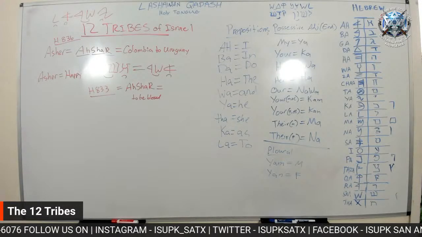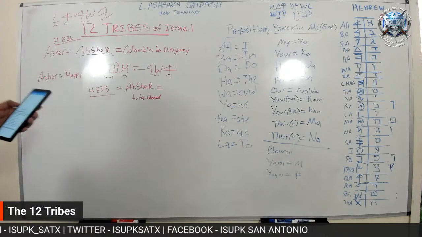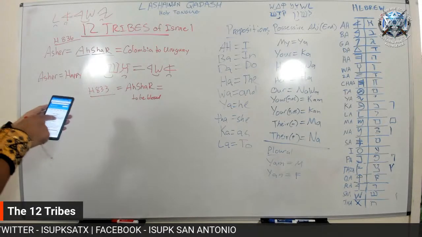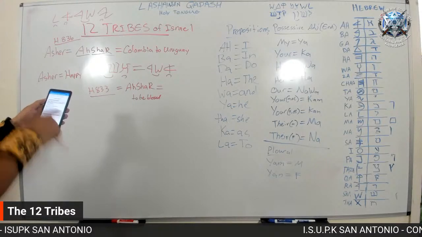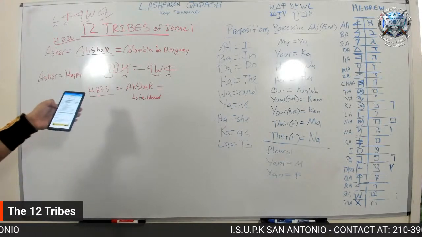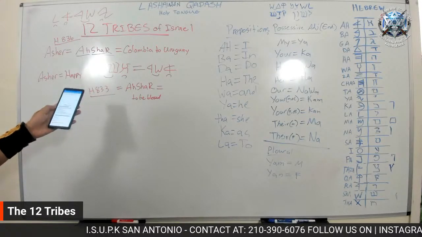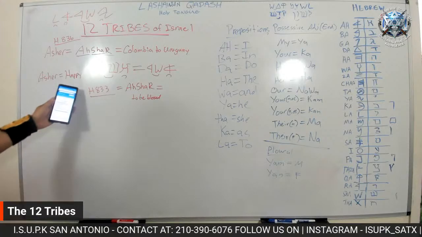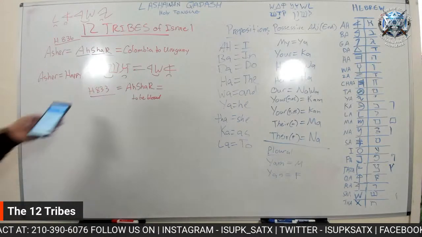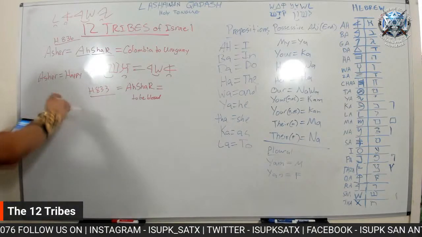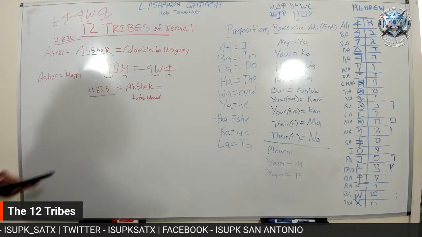That's the Strong's definition. That's why those numbers are there, because it's actually giving you the ID number for the Hebrew word. So if you click on that little 836, it brings up Asher. It shows you the way to spell it, it gives you the definition, and then it even tells you where it comes from. Ashar, 833. It tells you the exact same thing on this app that it does on the other one. I'm just using the other app because it has the Strong's right next to it. So you could do the same exact thing on the interlinear.